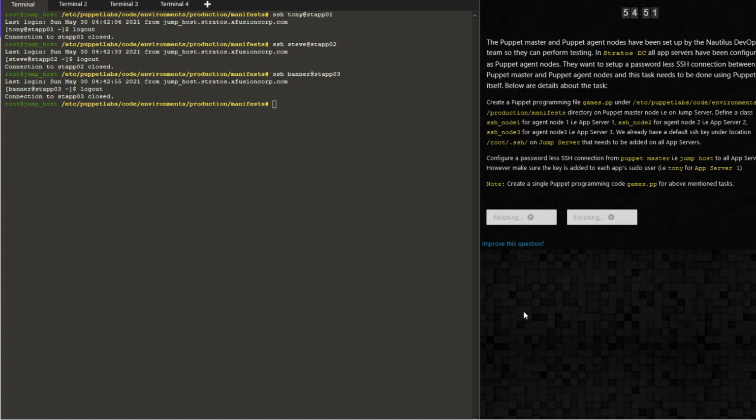So the idea behind the Puppet usage is to automate tasks which we perform regularly on different servers. As you can see, we have performed a passwordless authentication on 3 different application servers using the code which was written in the master server. Once you get a hang of how you can actually write these classes, it will be very easy for automation. And remember that you have to have the agent both in master as well as the client.